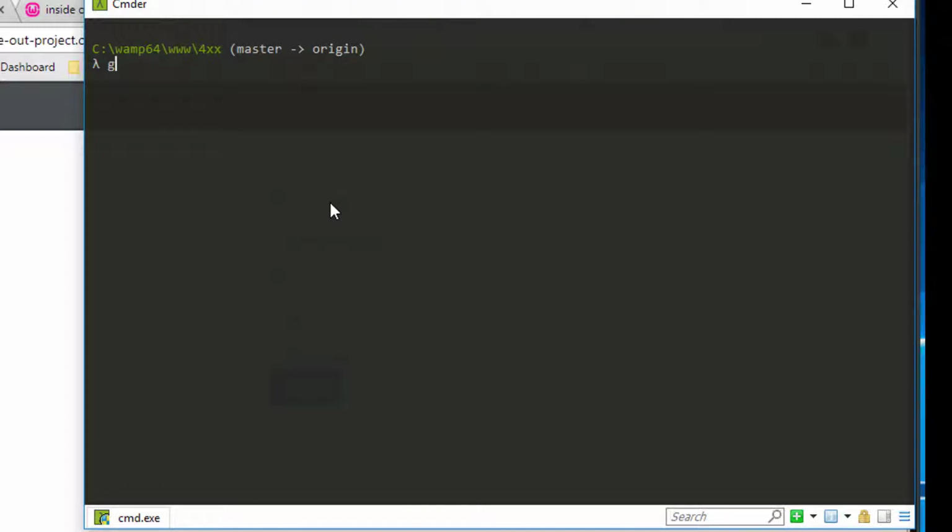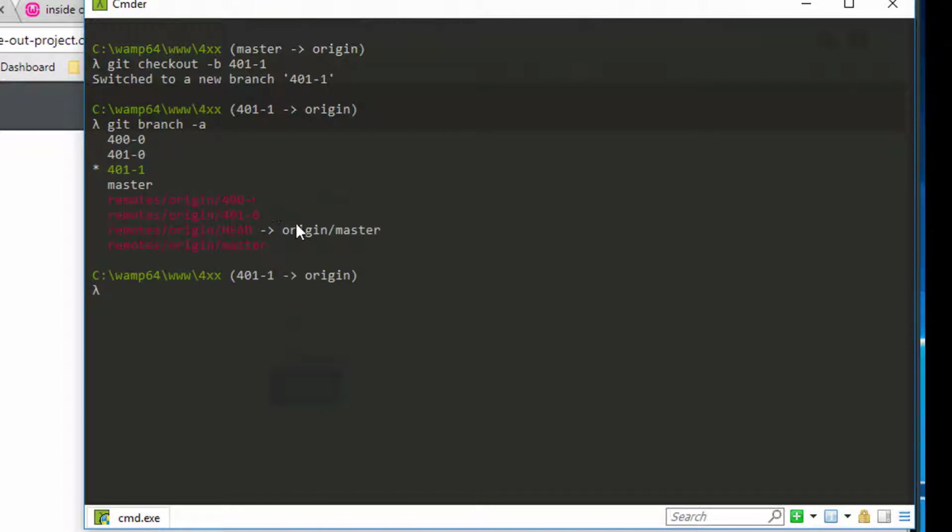Now I'm going to do git checkout -b to create a branch. We're doing 401-1 and hit enter, and we see that we checked it out. If you want to see what branches you have, if you're confused, you can do git branch -a, and you can see all the branches that are there. And right now, we're on